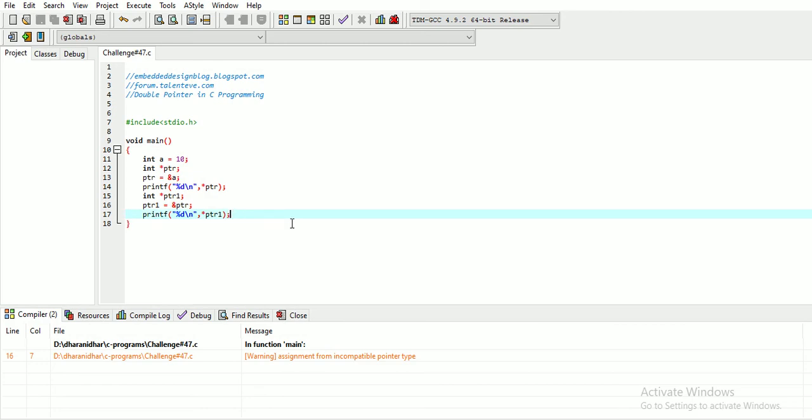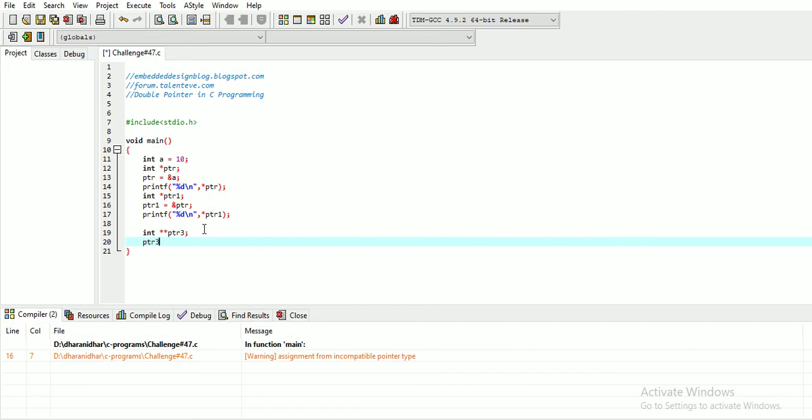So to correct this, we have something called a star star. Let us assume we have another pointer, star star ptr3. This is actually the double pointer definition, and ptr3 holds the address of ptr.